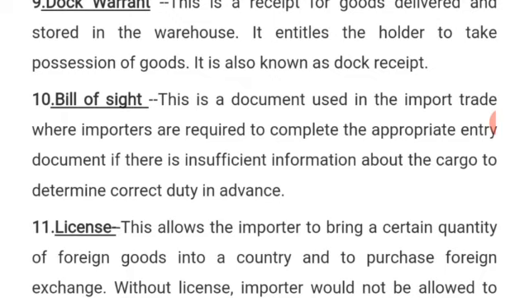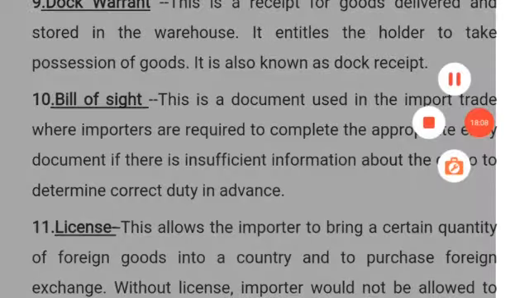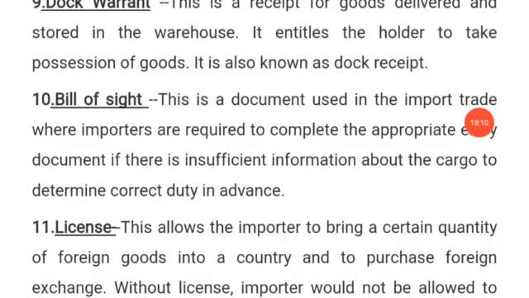Another one is the bill of sight. This is a document used in the import trade, where importers are required to complete the appropriate entry documents if there is insufficient information about the cargo to determine the correct duty in advance. So meaning that when there is not enough information concerning the goods,